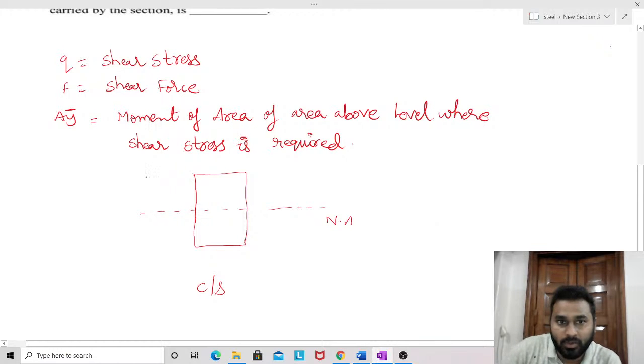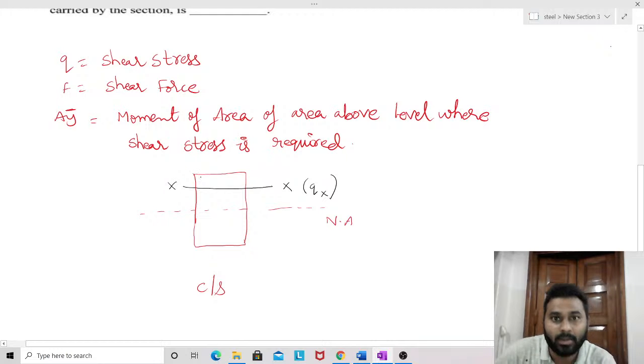Now if I want to calculate shear stress at this cross section xx, it means at this level I want the shear stress. Now for getting the shear stress at this level, we need to find the